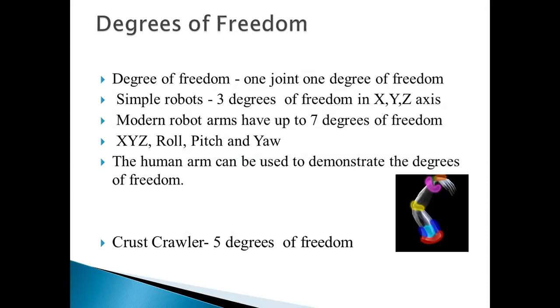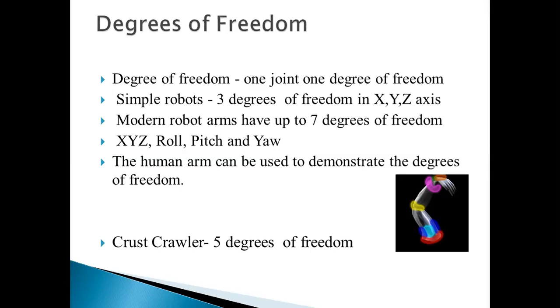Your human arm can be used to demonstrate the degree of freedom. Just observe your human arm. You can rotate your wrist in any direction. You can bend your elbow like this. You can rotate your forearm about your elbow in a clockwise or anti-clockwise direction. You can bend it or unbend it. Similarly, in the case of your wrist, you can bend or unbend and rotate slightly, and your fingers will have 32 degrees of freedom. So you can just count the number of degrees of freedom available to a human being, right?